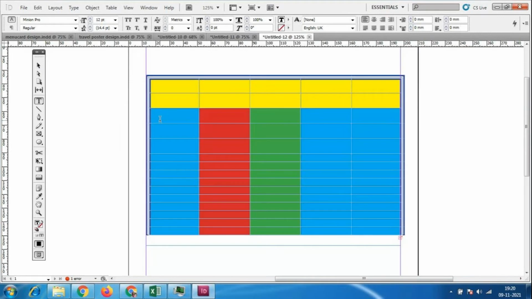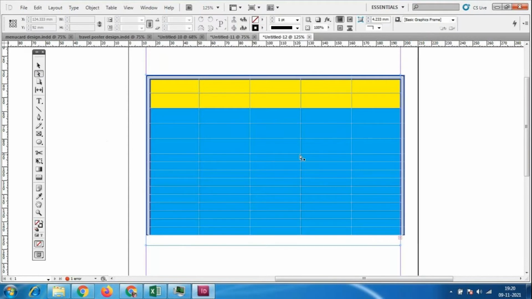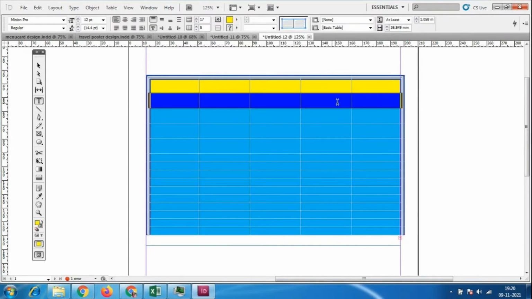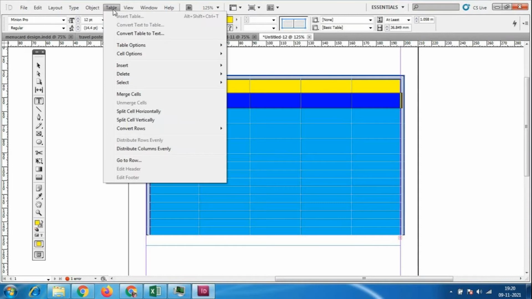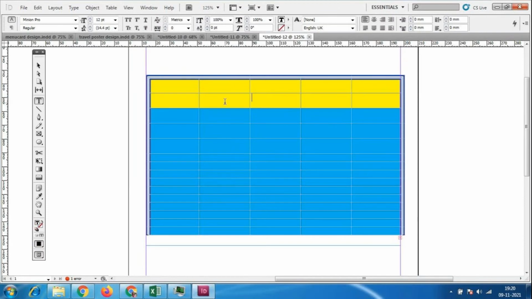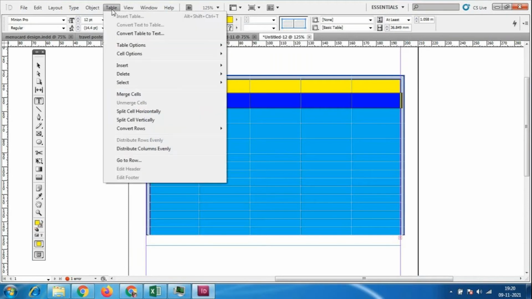If I want to change the color of only this much area, I'll select like this, and I could use a different color. I could use a single color like this. Okay, so double click on this text, and before that look at this arrow mark. I have selected only this row. I'll use this table, and there is an option called merge cells. Merge cells means, we already have 5 columns, which are going to merge now. So I will select it like this, and in table, there is an option called merge cells.